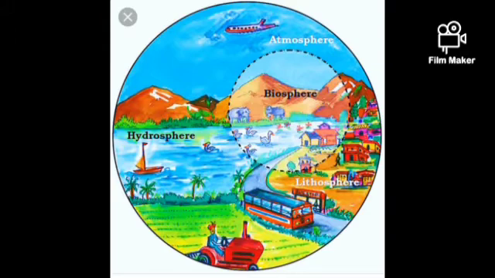Lithosphere. It is the solid crust or the hard top layer of the earth. It is made up of rocks and minerals and covered by a thin layer of soil. It is an irregular surface with various landforms such as mountains, plateaus, plains, valleys, etc. Landforms are found over the continents and also on the ocean floors.